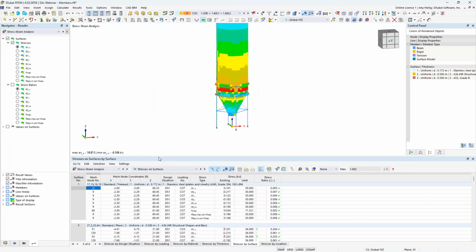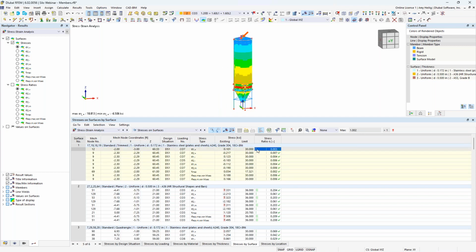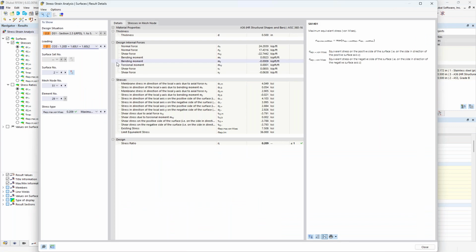So we can view these stresses here on the surface under the stress strain analysis, and sure enough, we have our existing stresses, we have our limiting stresses based on the material, and then we have that general stress design ratio. So as I click through this various table, notice that that red arrow is pointing me directly to where that controlling stress is on the surface. And if I like, I can also take a look at the result details. So these design check details here